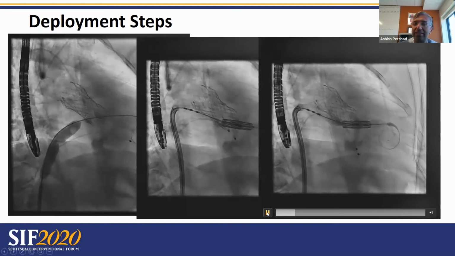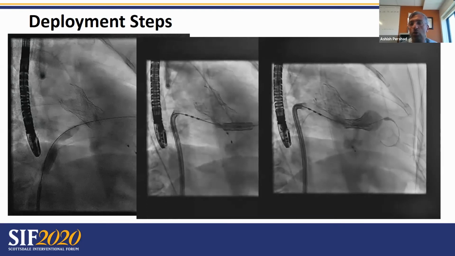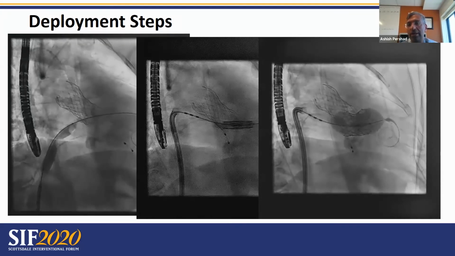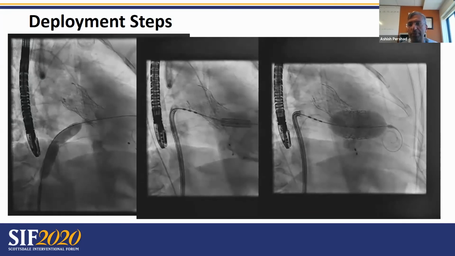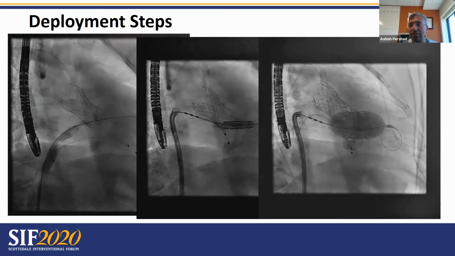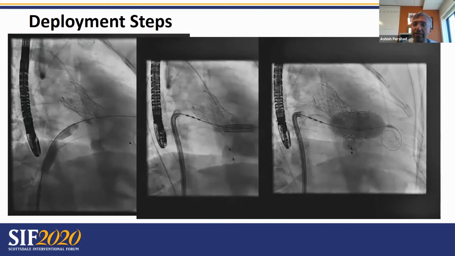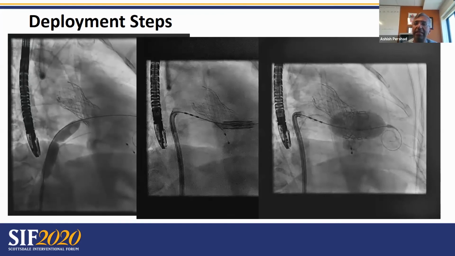We rapidly pace these patients. The deployment is slow, and you can see that our goal is to flare the Sapien valve with a 20% offset in the left atrium, such that you can get full expansion. Typically for a 29 valve, we add a few extra cc, usually 4 or 5 extra cc of contrast. And for a 26 valve, we'll typically add 3 extra cc. In this case, we had added 4 or 5 extra cc of contrast. The valve is fully expanded, as can be seen in the right panel.